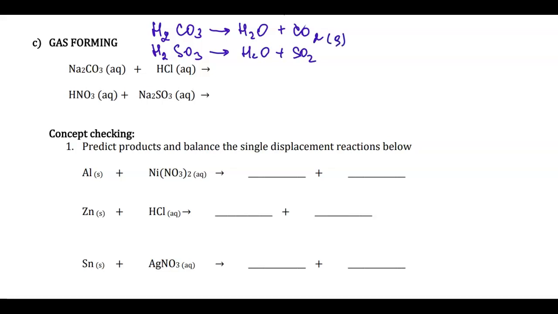So gas and gas, for example. And this is a double replacement. Again, cations replace each other. So sodium goes instead of H, and H goes instead of sodium. So I will start with sodium. Sodium chloride, right? Plus and minus gives us neutral compound, sodium chloride, ionic compound. And when H goes to replace sodium, it will be